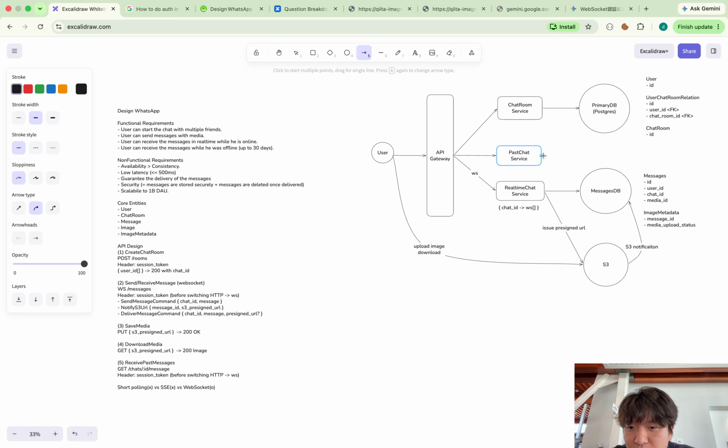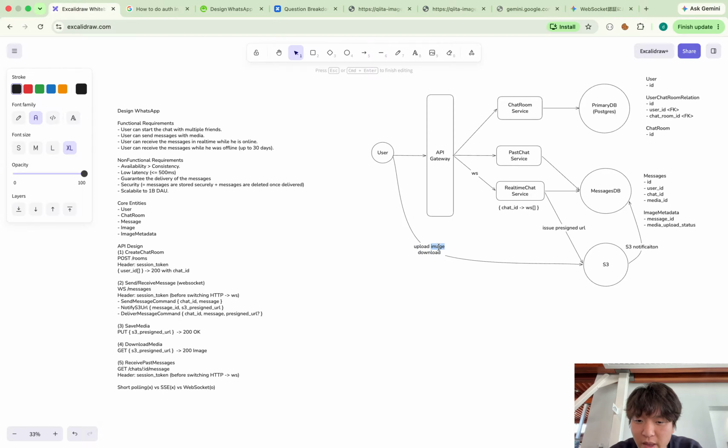It hits the message DB to get the past messages and returns them to the user. And optionally, if there is an image included in the message, the client should fetch the image from S3 in the same way. Okay, so this is it. Good.